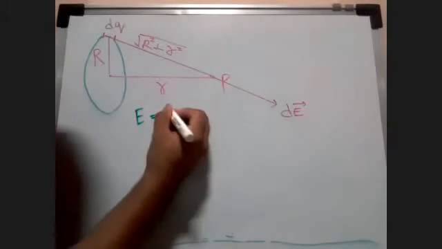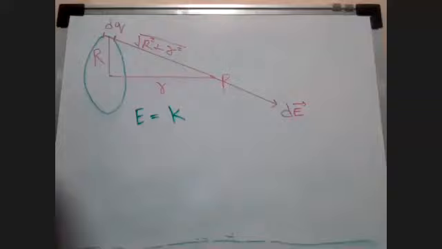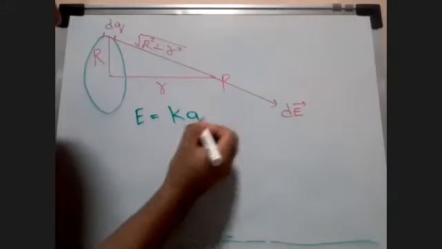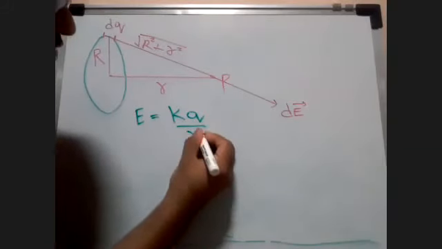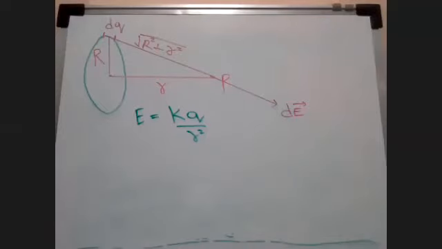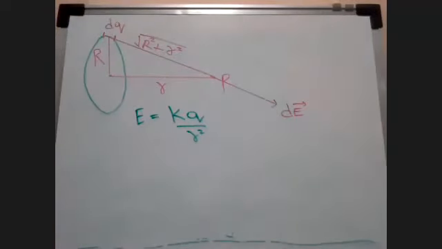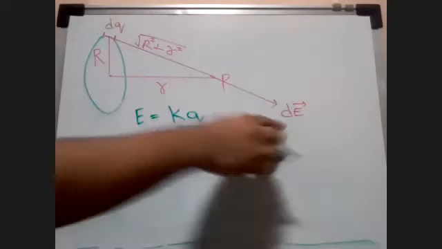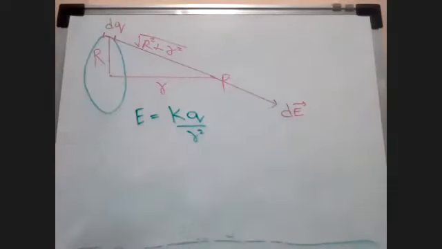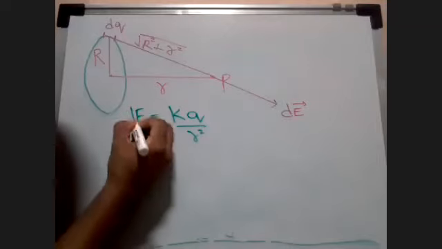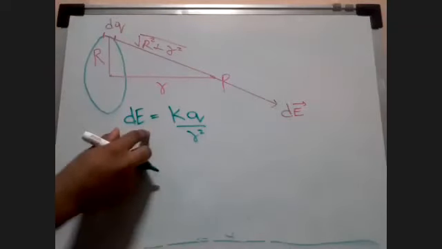You know about it, good. It's kind of a revision. So k q by r square, and this is the general form. Now let's look, if you're considering dq and dE, it will be the differentiation of this electric field intensity, which will be equal to